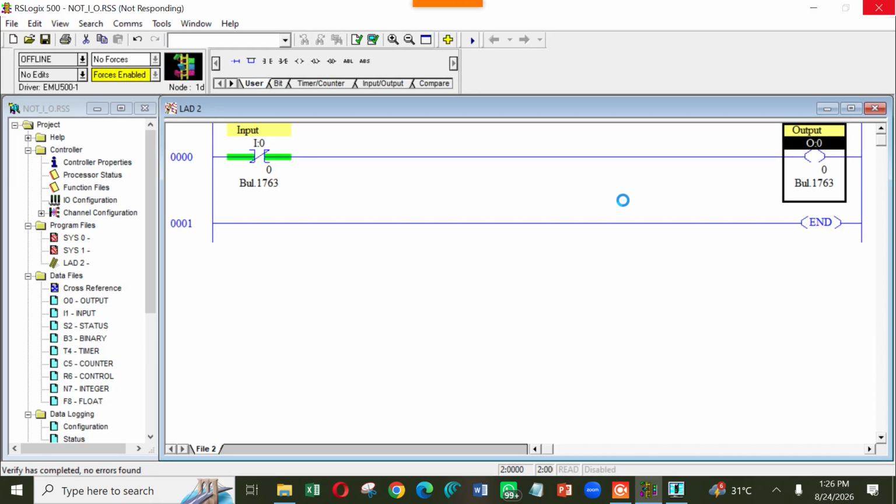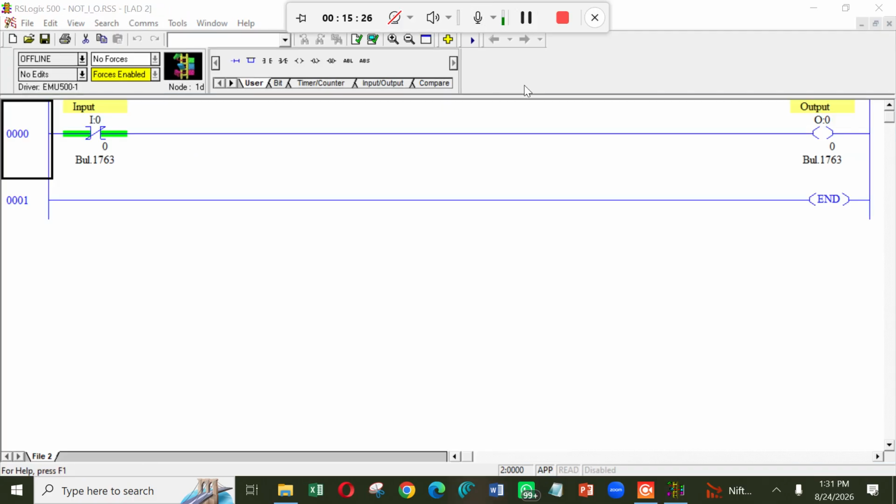It takes a little bit of time. So you can see here, the input is normally closed and the output is normally open. Now if I download again,